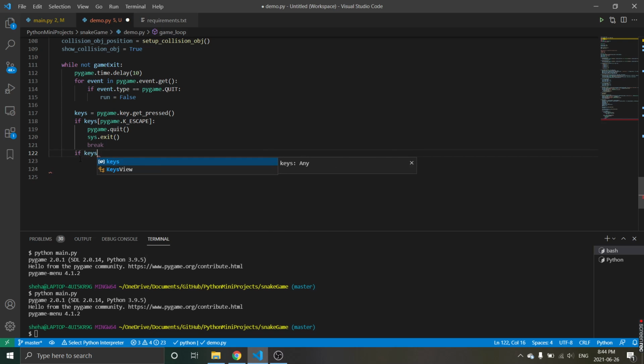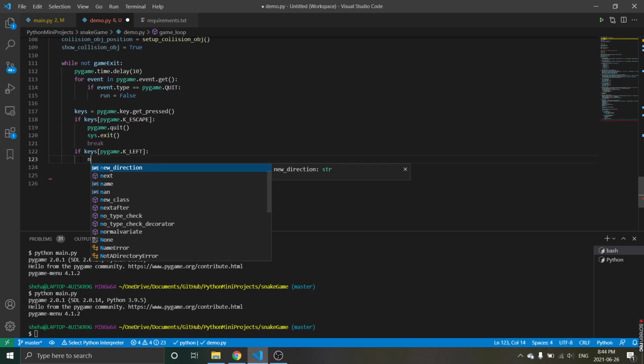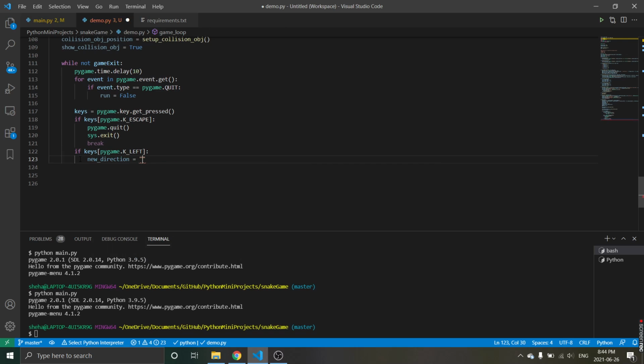If keys Pygame K left, so if the user enters left, then we say new direction equals left. And I'll explain what the purpose of this new direction variable is very soon. Basically, there's a rule in the Snake game that the snake is not allowed to travel in the opposite direction